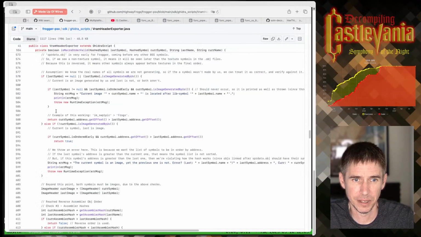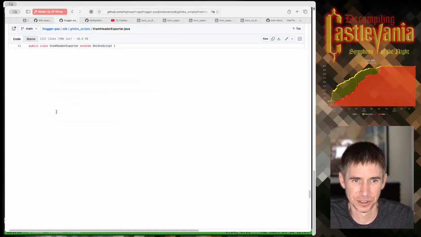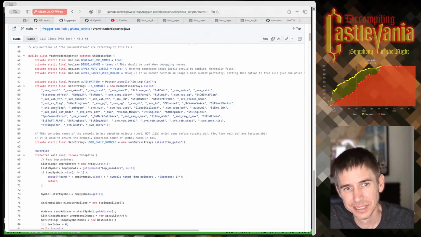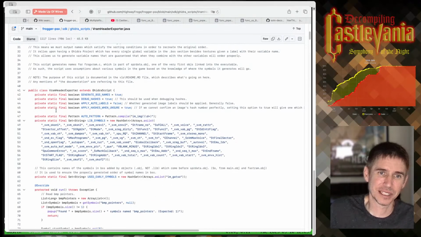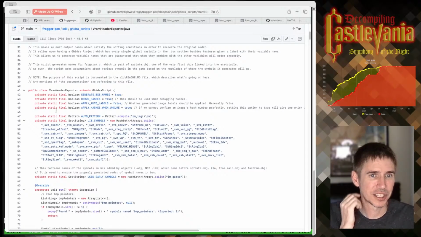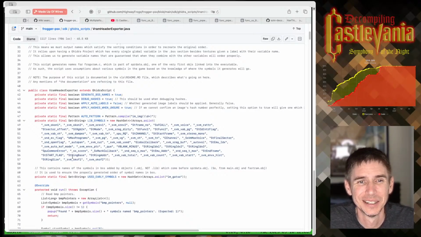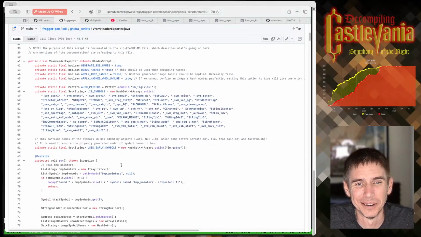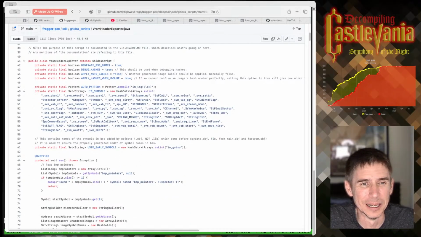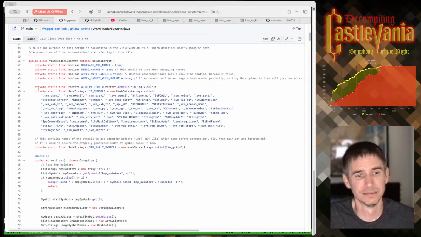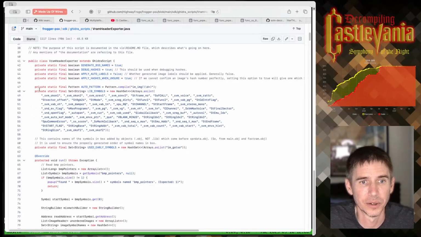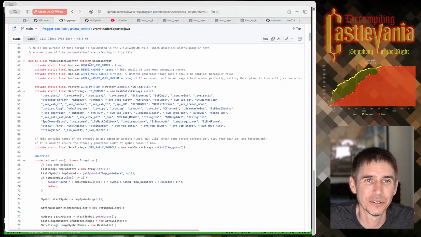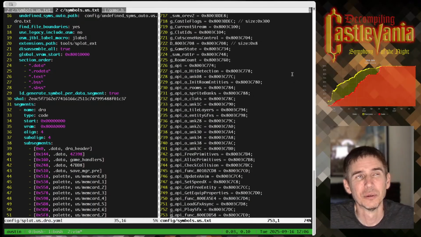I think this may be the script that they use. Anyway, basically, every symbol is going to get hashed into a big hash table, and the order that those symbols get emitted from that hash table are dependent on what value they're hashed. They just go in order. And so what they did on the Frogger decomp project was they brute force the names of the variables to get them in the correct order in the hash table, which is bonkers.